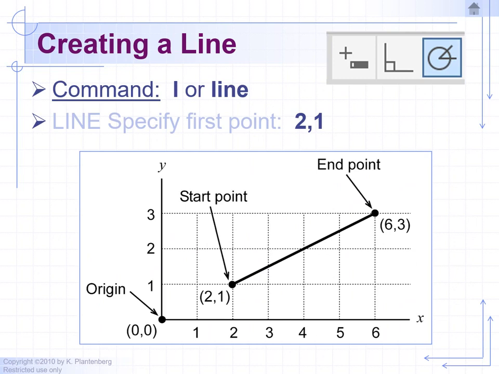Creating a line using coordinates. I recommend that you have dynamic input off as shown. It's grayed out. It's not active. Also, you may want to have ortho off. Polar tracking, it doesn't matter if it's on or off. Okay, so in this example, imagine you have AutoCAD on and you're going to use a line command. You can type in line if you like, or L for line in the command line instead of using the line icon. Click on it and then you can type in 2,